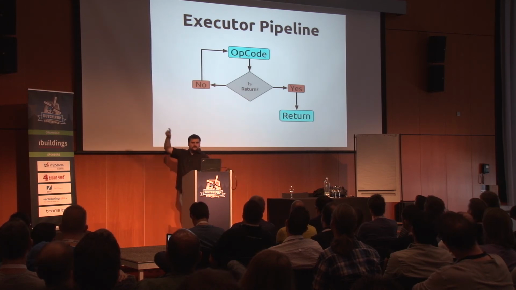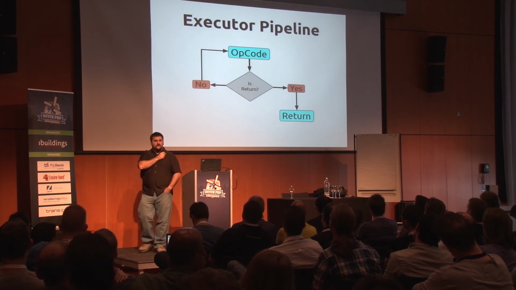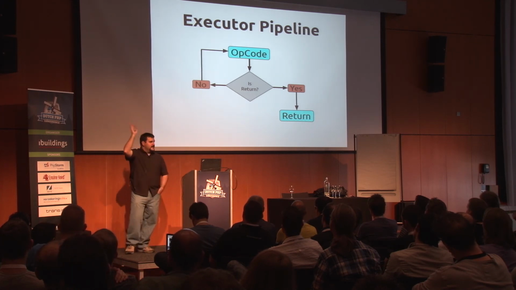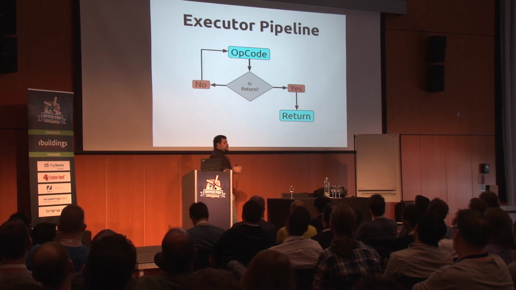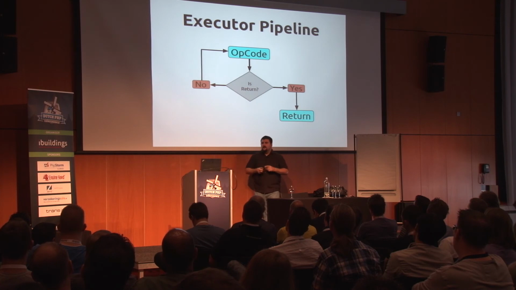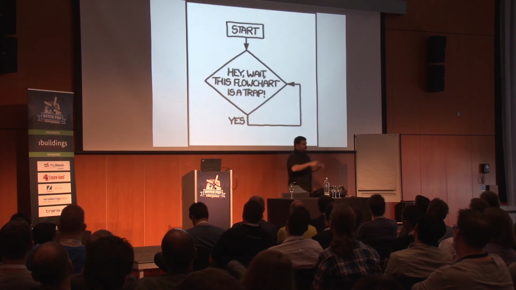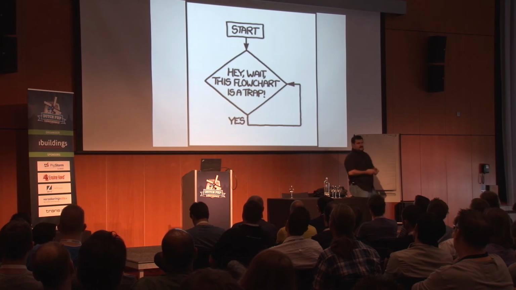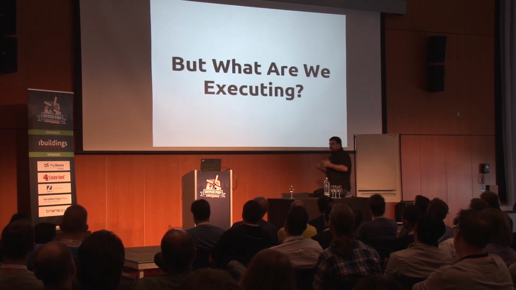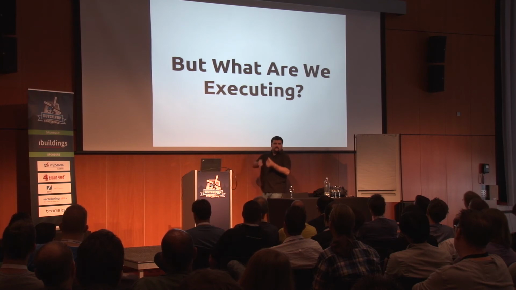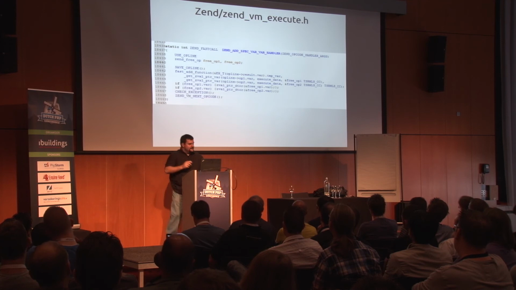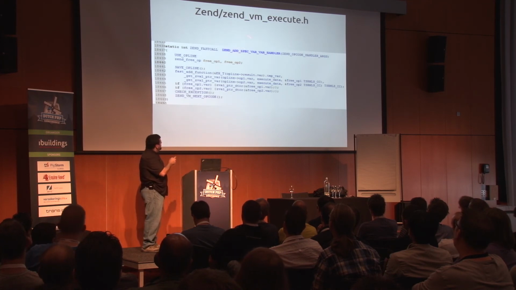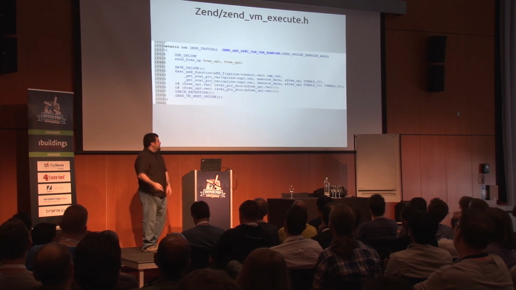It's saying, run the opcode, hey, did the opcode tell me to return? No? Okay, run the opcode again. And each opcode says, okay, move to the next one, or jump 15, or whatever. But it's basically just a gigantic infinite loop. And then it waits for something else to tell it to leave. But what are we actually executing? What is this mysterious opcode that I've been talking about over and over again? We saw some names, but basically we have this ADD_SPEC_VAR_VAR. So this is basically adding 2 variables together.